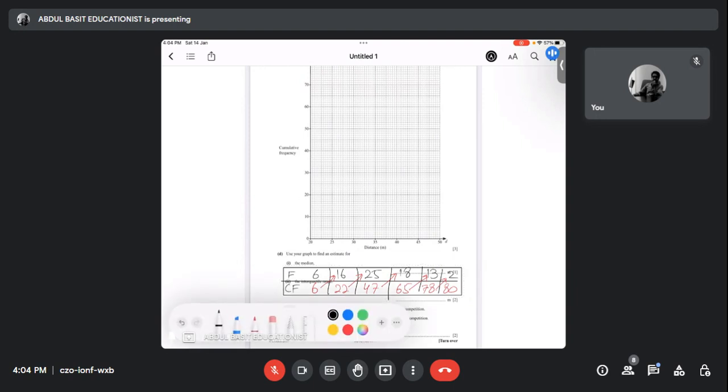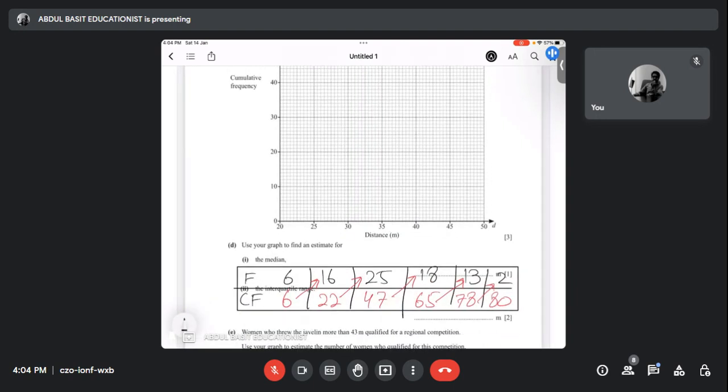25 पे प्लॉट 6। सो 25 पे इट्स द फर्स्ट वन। 25, 30, 35, 40, 45 इन पे प्लॉटिंग करनी है। तो 25 पे इट्स 6, because here the value is 6। क्रॉस लगाएं। फिर देन वी हैव 22। फिर हमें 22 लगाना है। सी एफ है, ये कम्युलेटिव फ्रीक्वेंसी डायग्राम है।